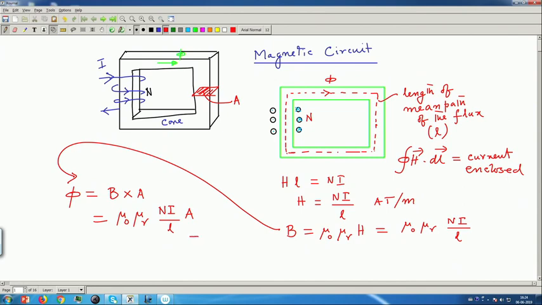Now, if you see this, it can be written as N I, and bringing all the other things into the denominator, it becomes 1 by mu 0 mu r